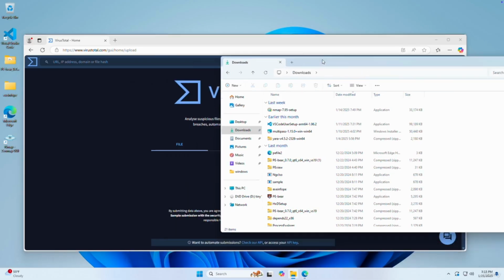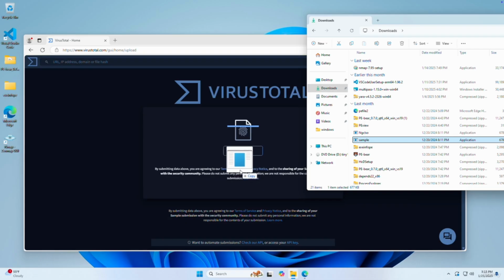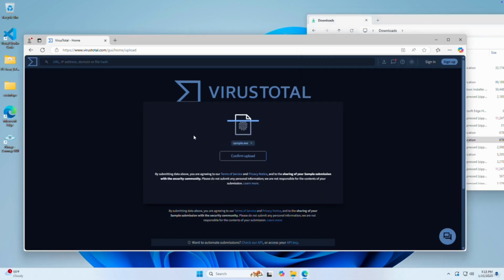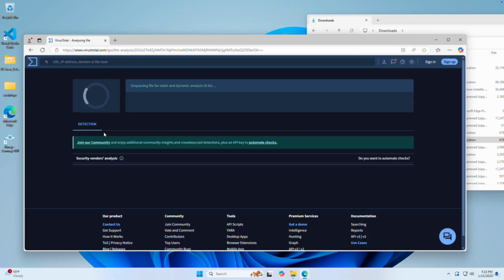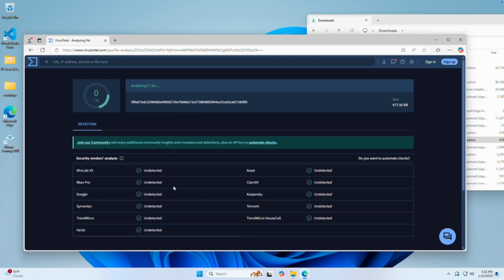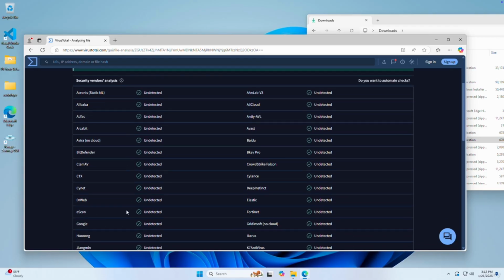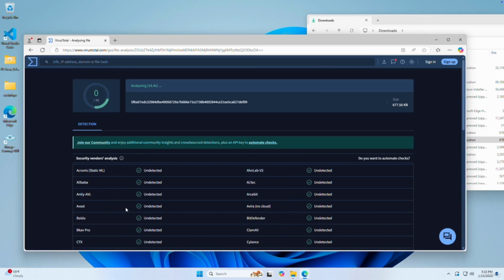If we go to this website, we can simply drag and drop the file. For example, this file. We drag and drop it and click confirm uploads. That's on virustotal.com. It will take a moment to load. Then it will scan the file and tell you the judgments of many different virus databases. You'll see all these virus databases are now scanning this file. And you get much more confidence about whether this file is malware or just a normal file that's